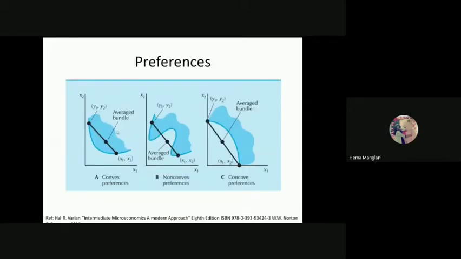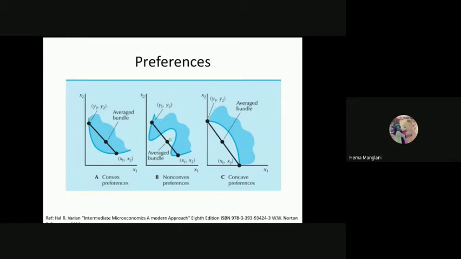The preferences could also be like this. We have convex preferences, non-convex preferences, and concave preferences too. For the convex preferences, we have already discussed that if you take the average bundle of two extremes, then the bundle anywhere, somewhere here at the average, is always a better bundle than this and then this. So if you are coming towards this, it means you are substituting this one for this, or if you are going towards this, then you are substituting this for this. So all bundles which are located here give you a higher level of utility.